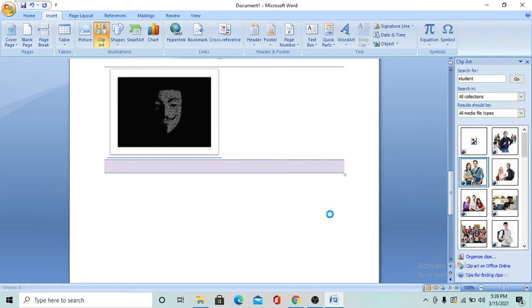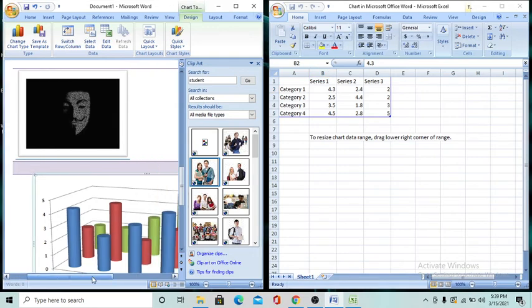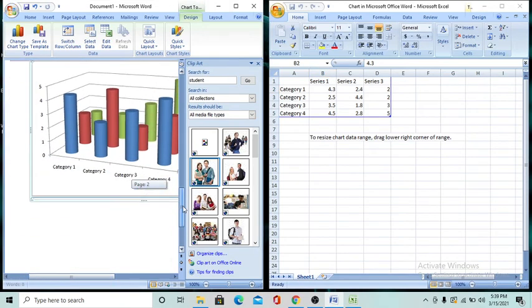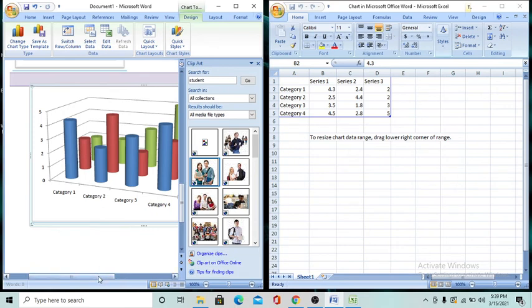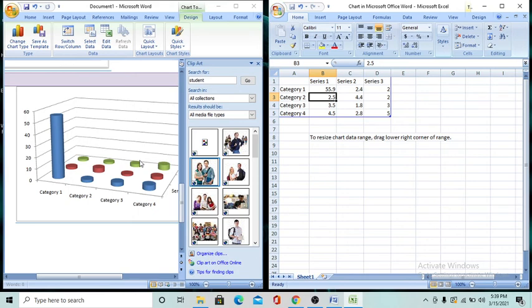Then I will select this option and create data, and I can change any data. This is my data, this is my graphical data. I will change the graphical data. I will select 55.9, and my graphical data is changed.